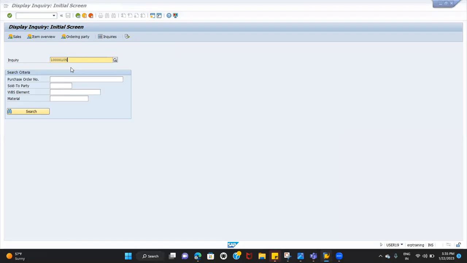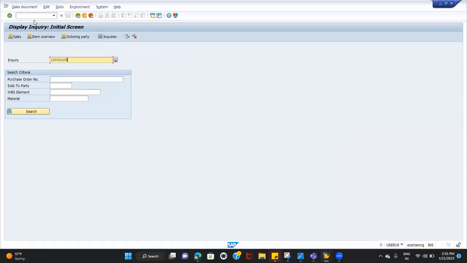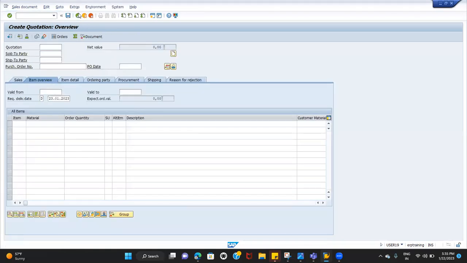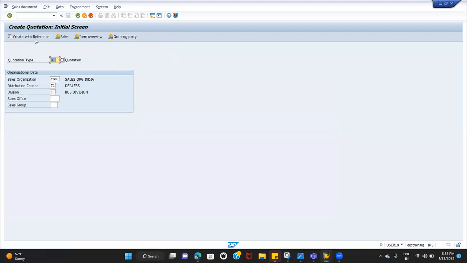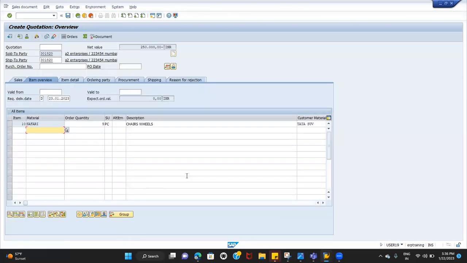Now I'm going to create the quotation with reference to inquiry. The transaction code I use to create the quotation is VA21. The sales document type is QT. We can create a quotation directly, but in my example, I want to create the quotation with reference to inquiry. Enter the inquiry here, click and copy. So all the details will be copied from inquiry to quotation,